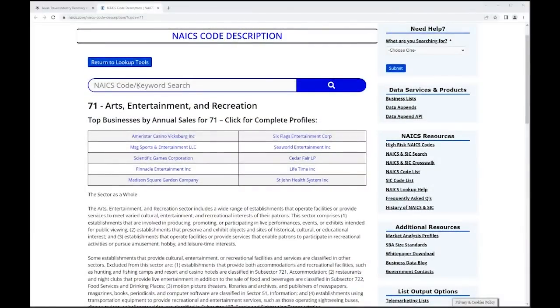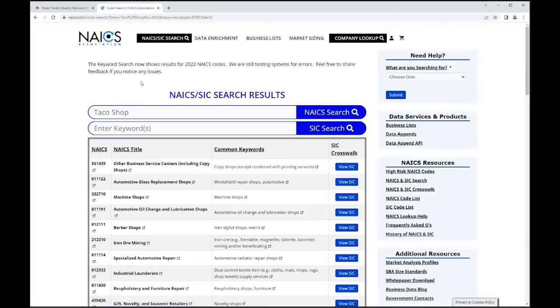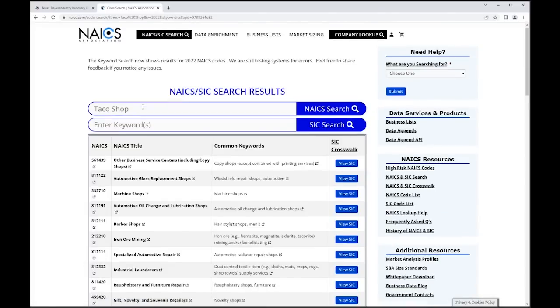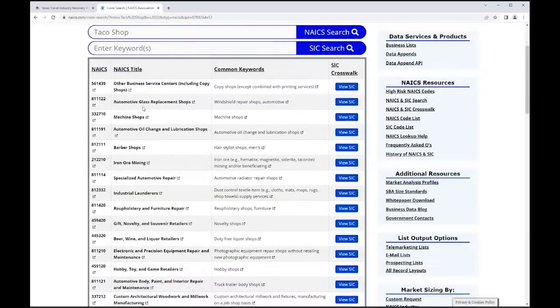So you can also search by your keyword, right? So I have a taco shop. That's what Dinosaur Tacos is. So I want to look mine up. I'd go and put in taco shop, right? And I'd hit enter, and I'd look through this list here, and